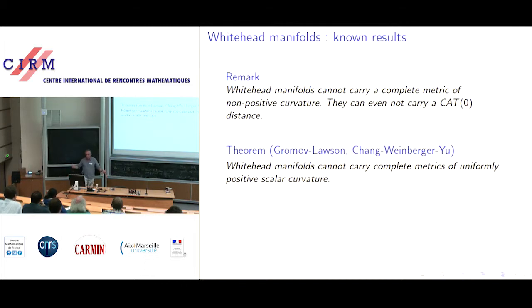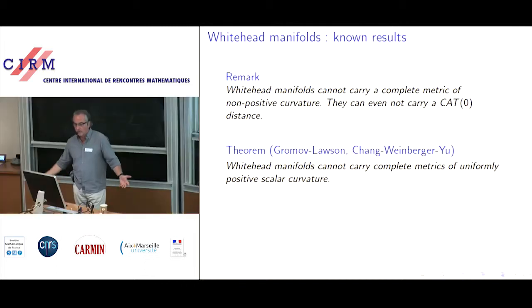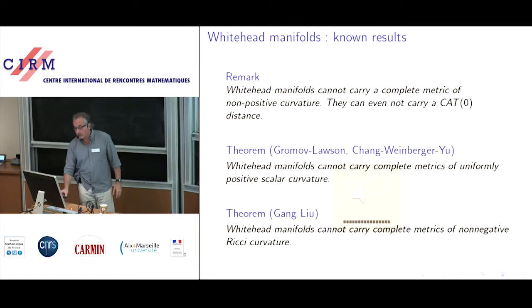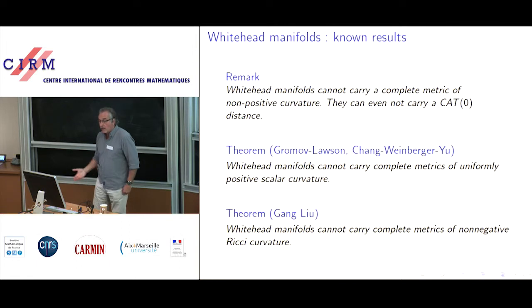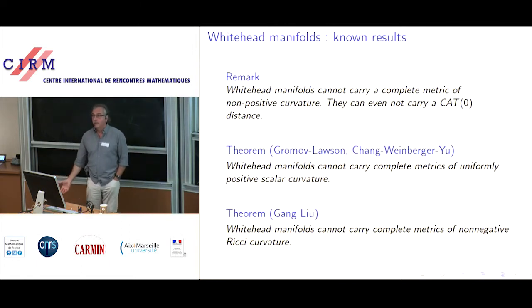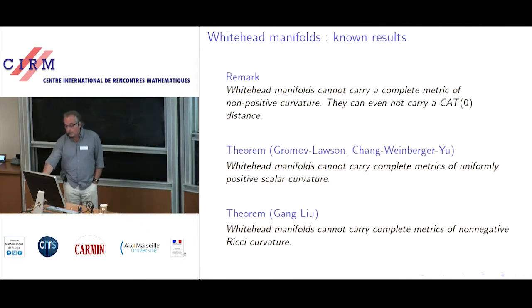And well, it's a big mess now. I mean, no metric of negative curvature or non-positive, no metric of positive curvature. And even worse, there is a nice recent result which says that the Whitehead manifold cannot carry a complete metric of non-negative Ricci curvature. And again, it's a study of the minimal surfaces that float around the manifold. So, yeah, okay, it's a big mess. There is, however, the only positive answer that I know,